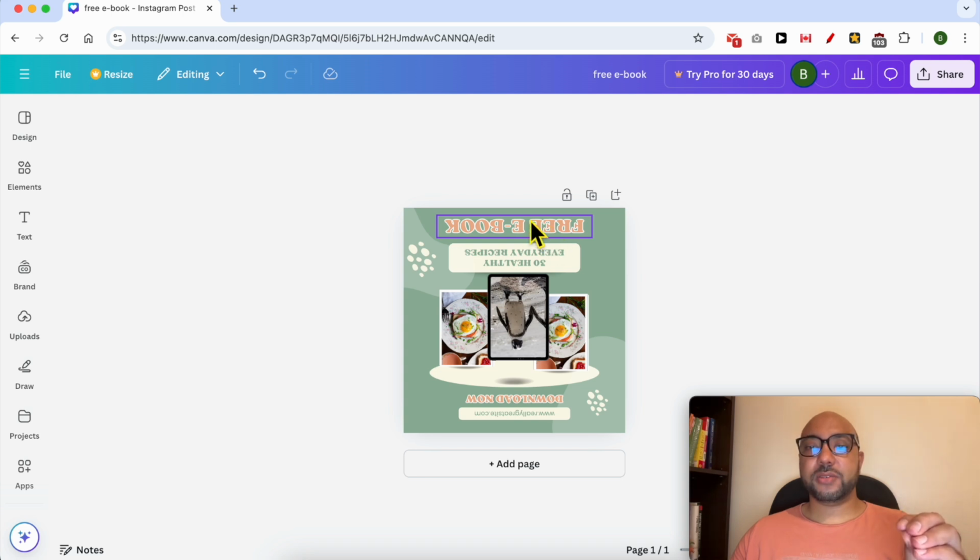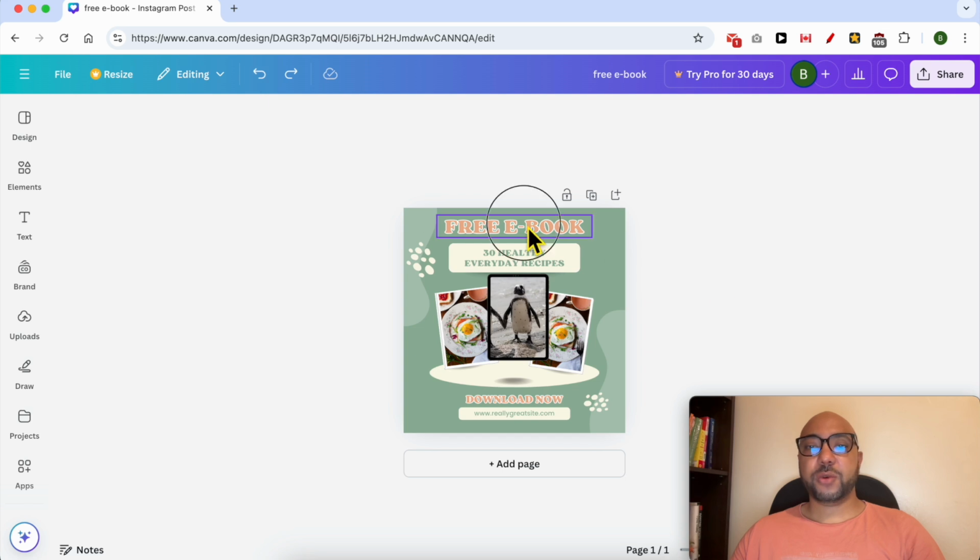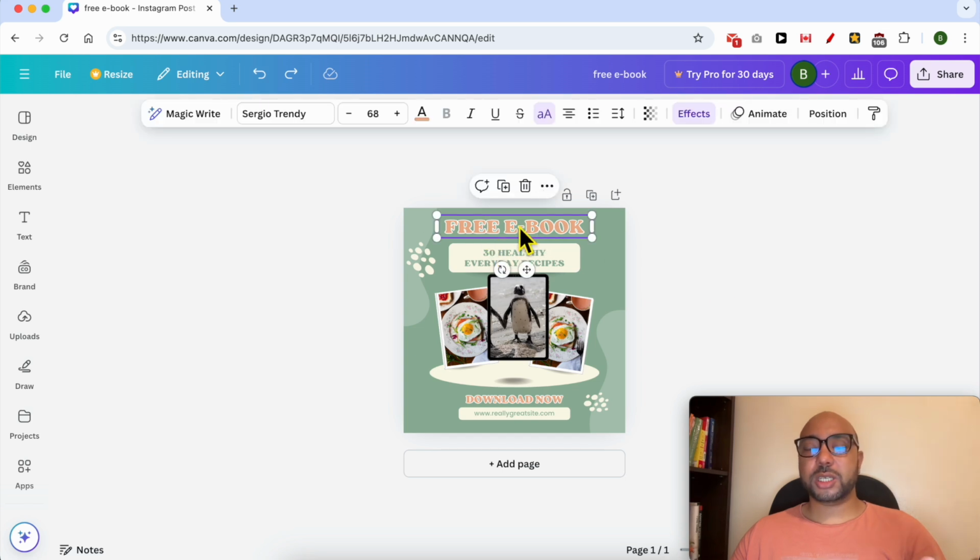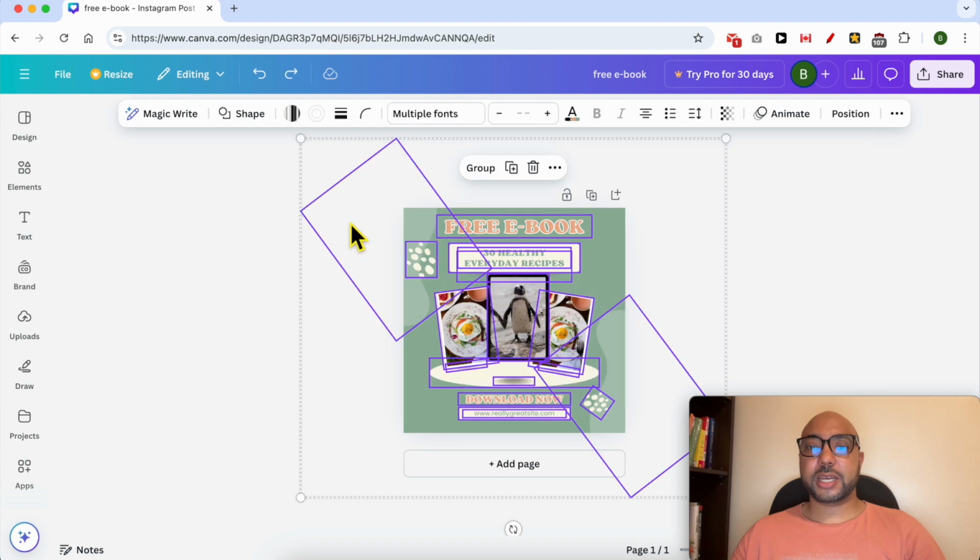As you can see, the free ebook on the top stayed on the top, also turned or rotated 180 degrees. I will undo this action. If you want this free ebook to be rotated and also place it down, just select all the elements like